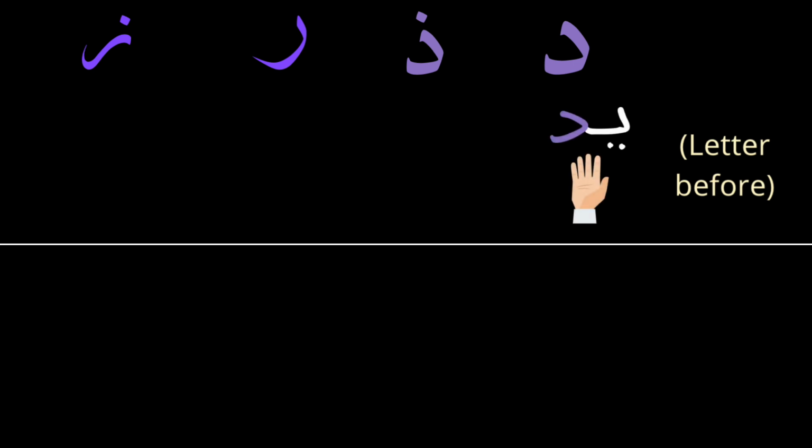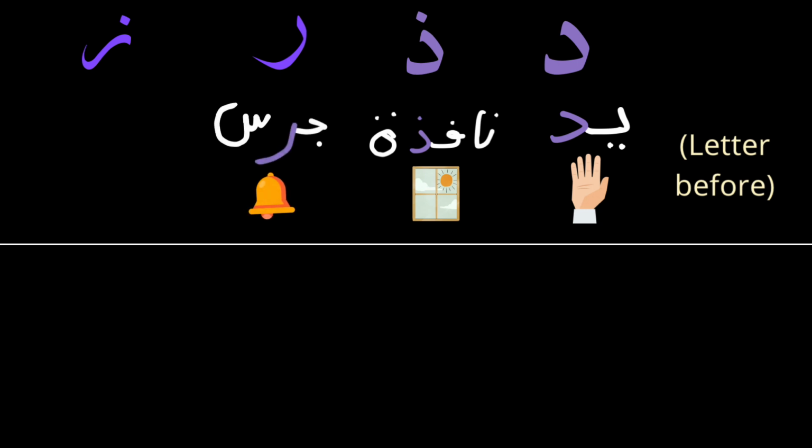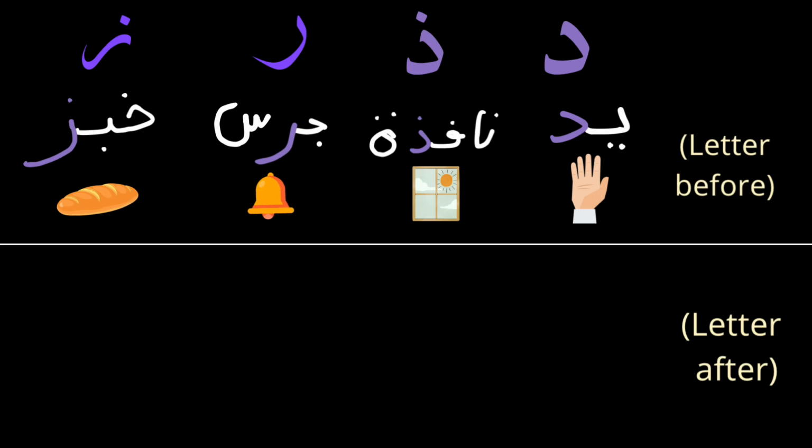Let's see more examples. First, when we have a letter before dal, as in yad, we connected ya to dal, and then the dhal in nafidha, the dhal is written the same. Ra in jaras, and za in khubz. We have a letter preceding our letters, that's why we connected the end of each letter to dal, dhal, ra, and za. Now when starting with them, such as dal in dub,